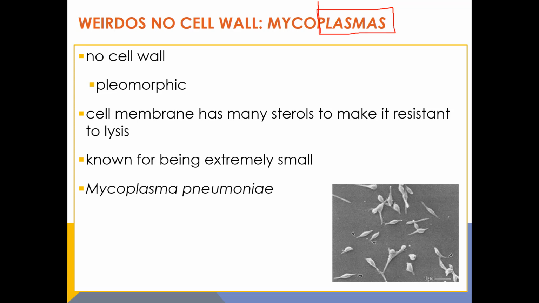Our type species, our example of this, is Mycoplasma pneumoniae, which causes atypical pneumonia or walking pneumonia. It's hard for the body to recognize, it's hard to diagnose, and it's hard to treat, which is why it's called walking pneumonia, because people seem to have a chronic, persistent infection of this particular organism. Also, if they're extremely small, they can be inhaled extremely deeply and get seated in that lung much more easily.